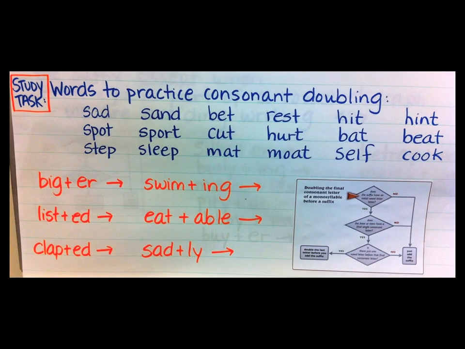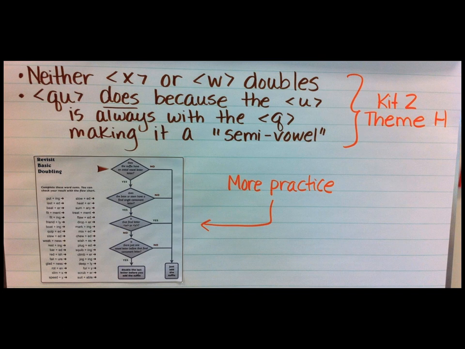There are words to practice with consonant doubling. Melvin gave us several, and there are also some other words that are already in a word sum idea, and then you'd use a flowchart he's provided in order to check yourself after doing some of the work. Ask, looking at it, is there a vowel and then a consonant, and what happens with that. We know this from a previous theme, Kit 2 Theme H, but it's good to remember neither X nor W ever doubles. QU does double because the U